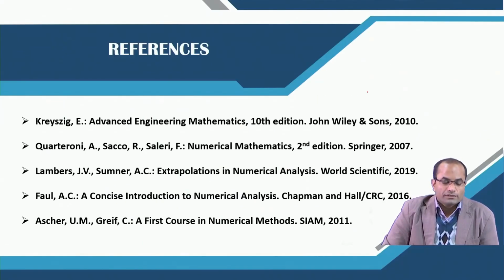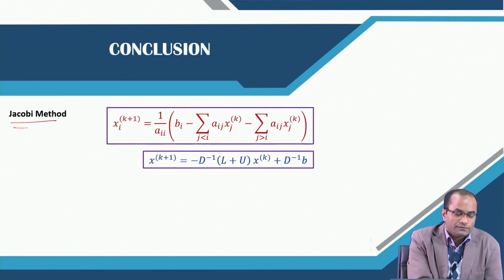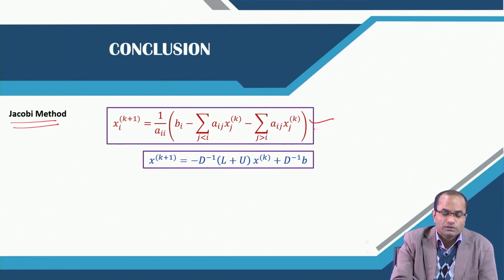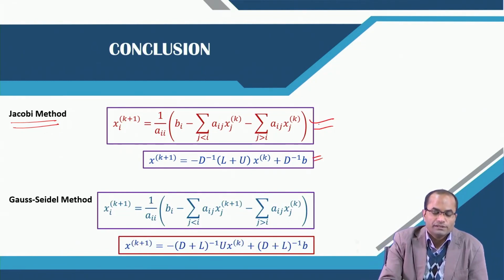In the next lecture, so these are the references. In the next lecture, we will continue with the convergence issues of these two methods, which converges faster, etc. So, here just to conclude, we have approximated the solution of a system of linear equations using the Jacobi method and also using the Gauss-Seidel method, and we have seen that